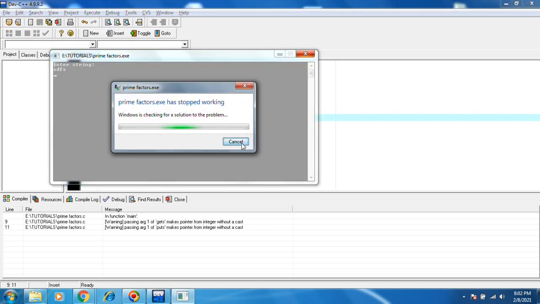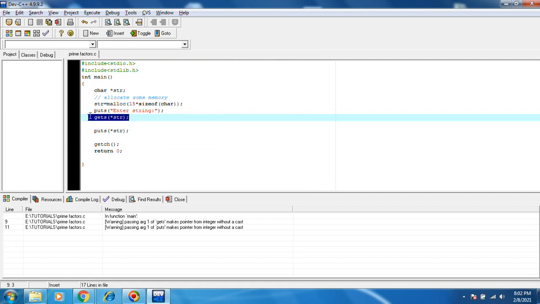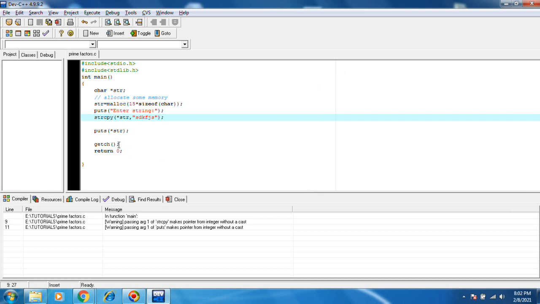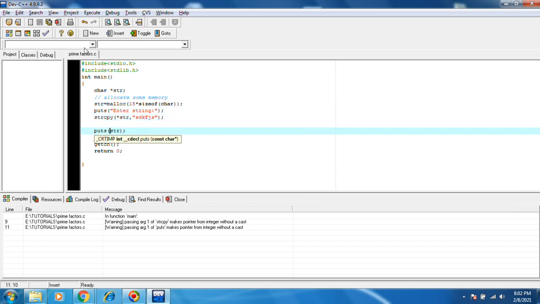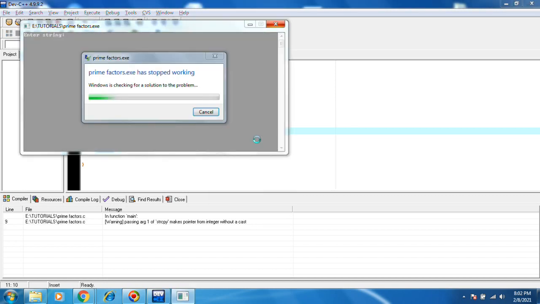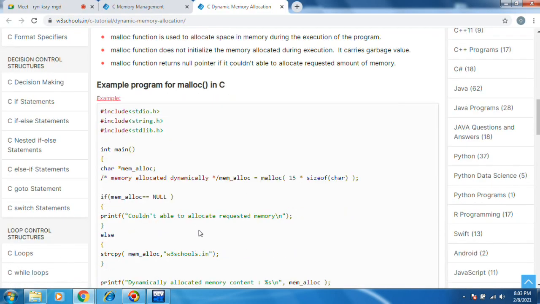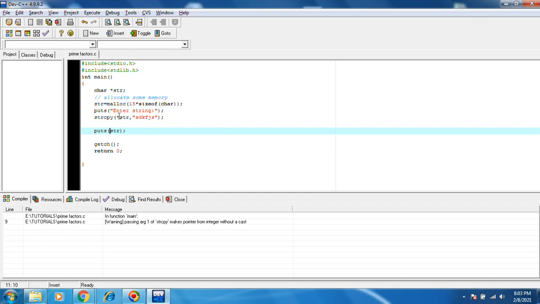Why is it not working? We need to use only str.